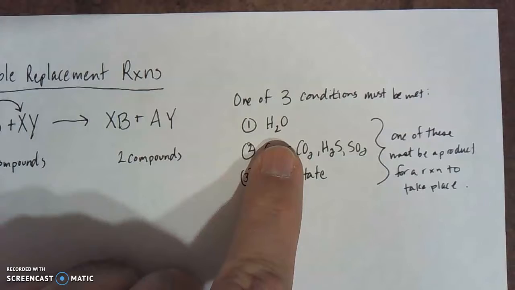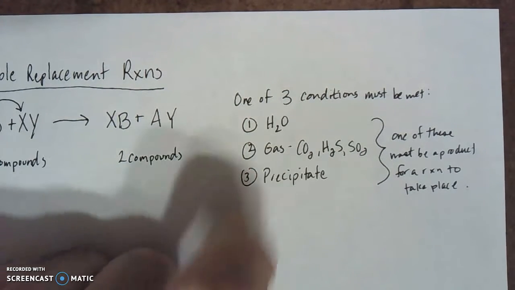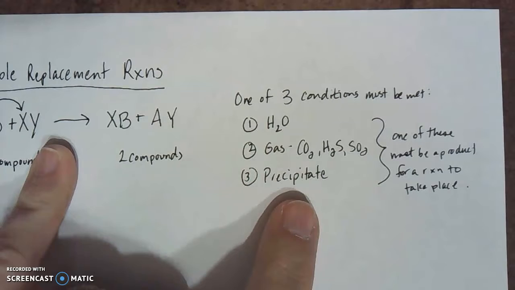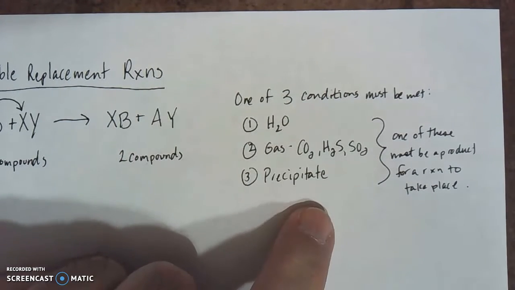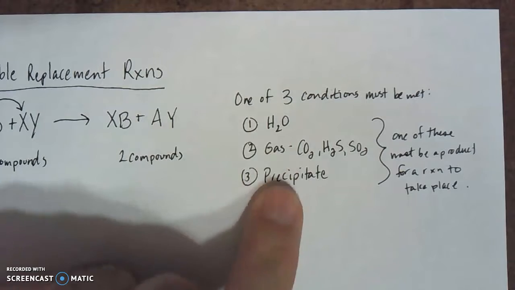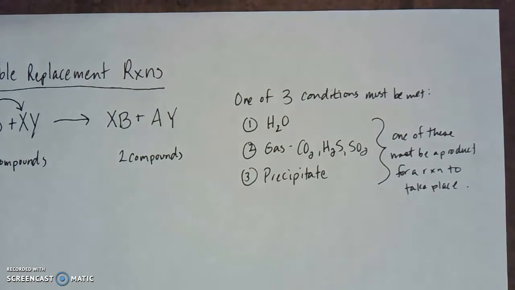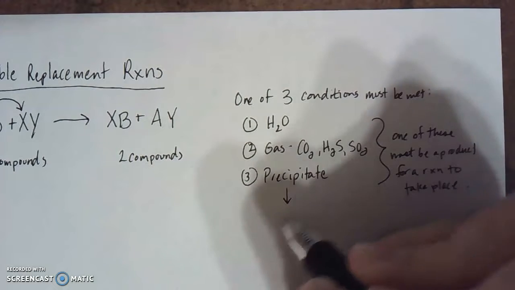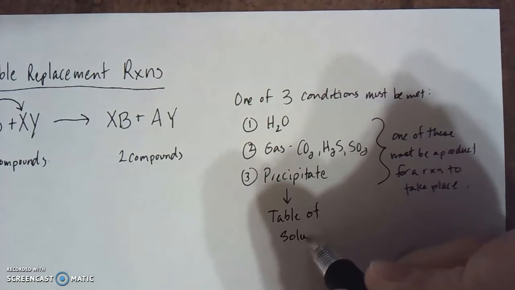So for this, if we form water, then we have a double replacement reaction. If we form one of these gases, we have a double replacement reaction. If we form a precipitate, one of the two products is a precipitate, we have a reaction. If these are not met, we have no reaction. It just sits there. So in order to figure out whether we have a precipitate, we have to look at